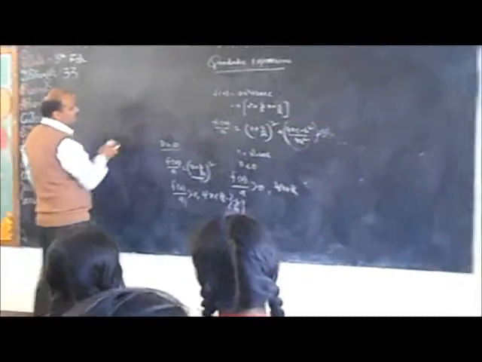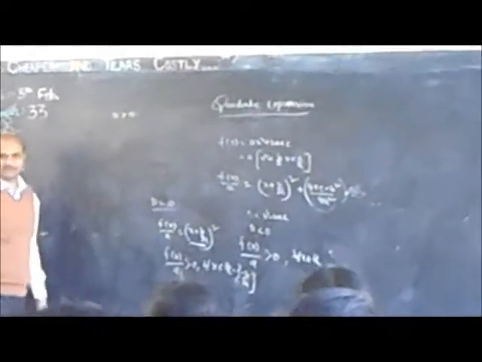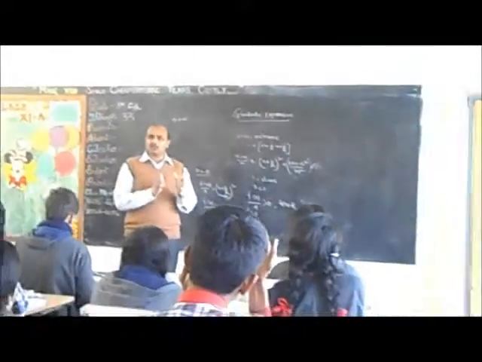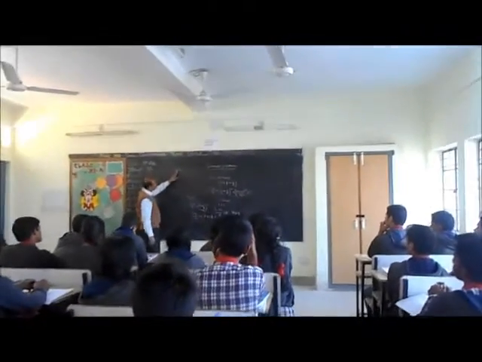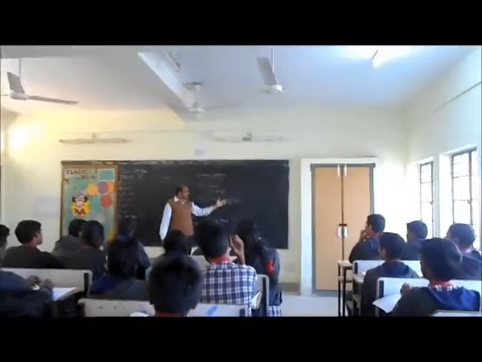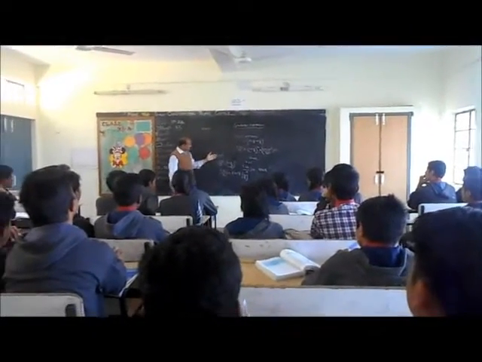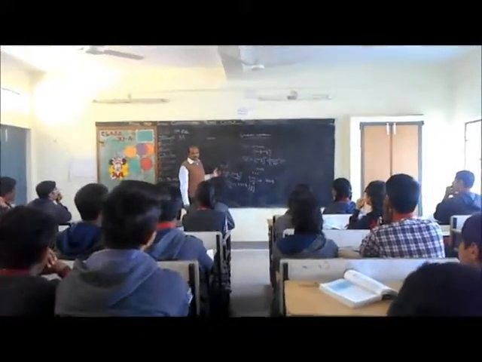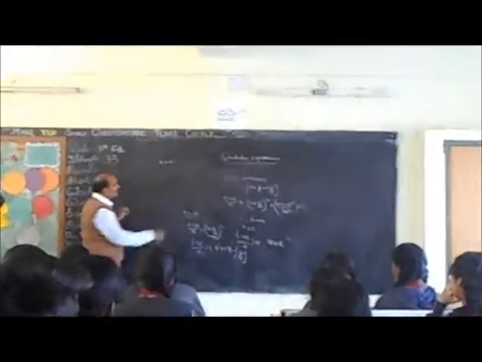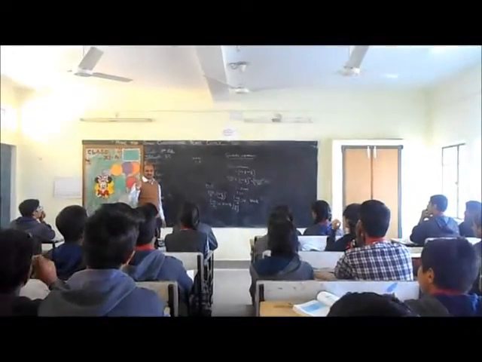So what is the next case? The next one is when the discriminant d is greater than 0. When d is greater than 0, the quadratic expression has two zeros. Alpha, beta are the two zeros. So when d is greater than 0, it means b square minus 4ac is greater than 0. We can't decide what about this. But there are no real roots in the case of d less than 0, and d equal to 0 gives repeated roots. Now when d is greater than 0, there exist two roots alpha and beta.